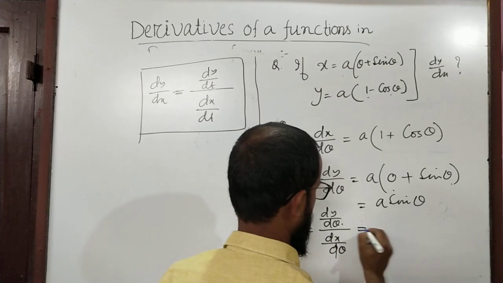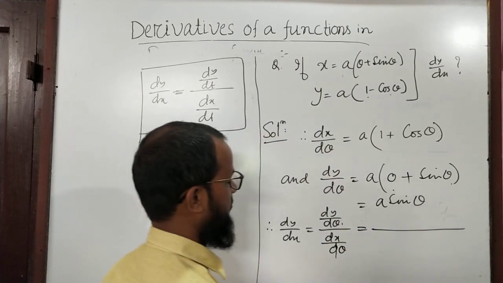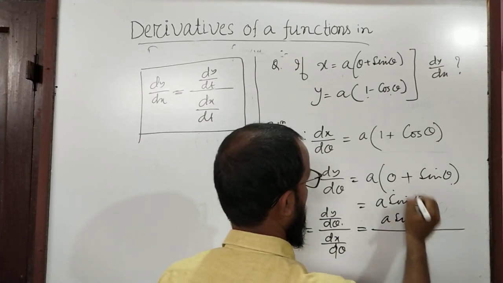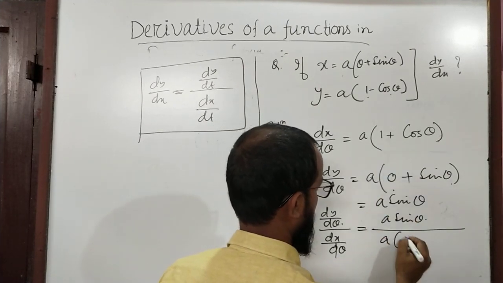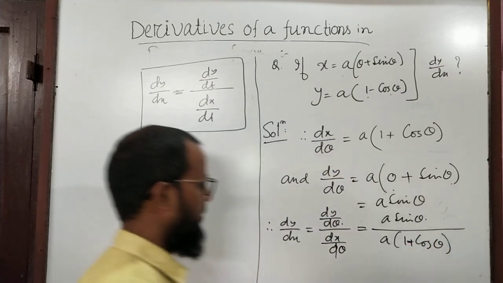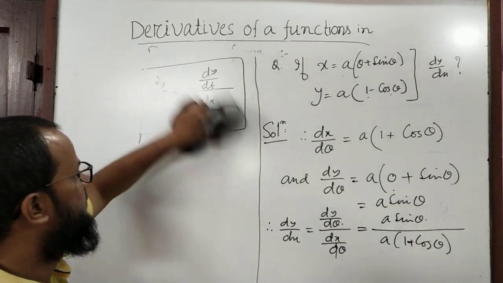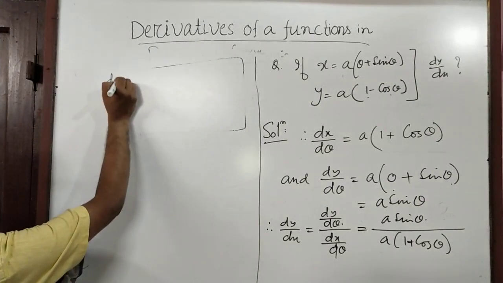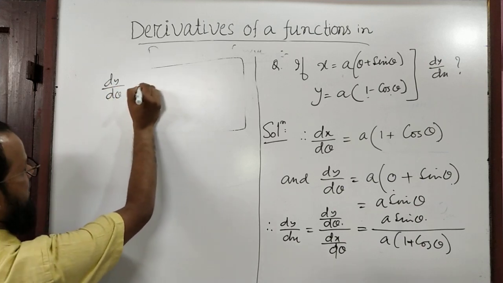If you put the values, what is dy by d theta? a into sin theta, and what is dx by d theta? a into (1 plus cos theta). Okay, and finally, if you simplify it,